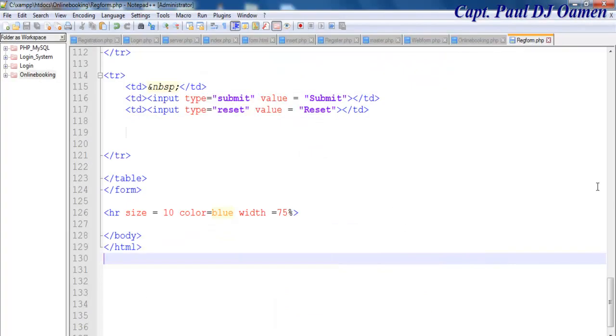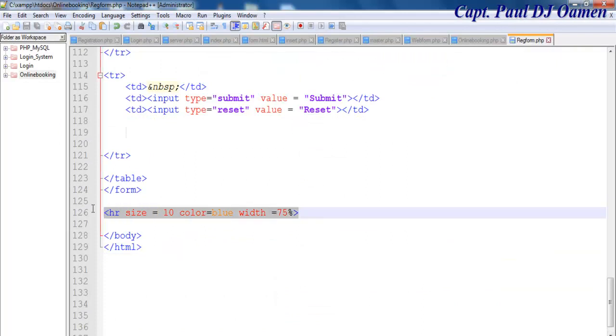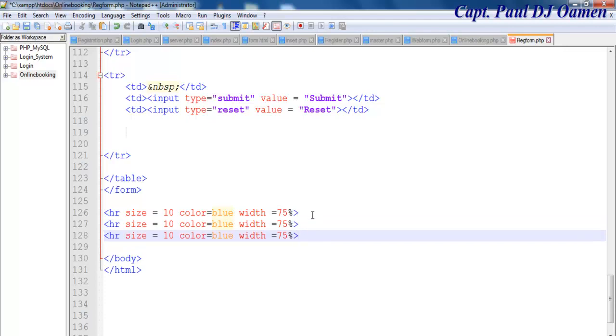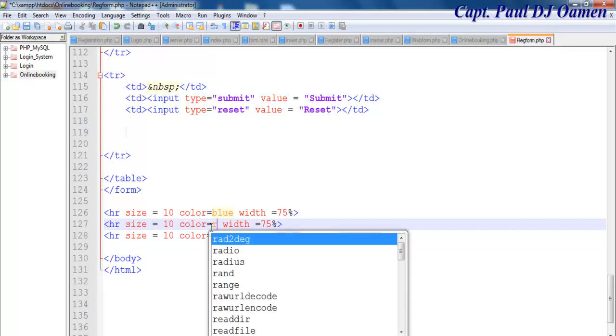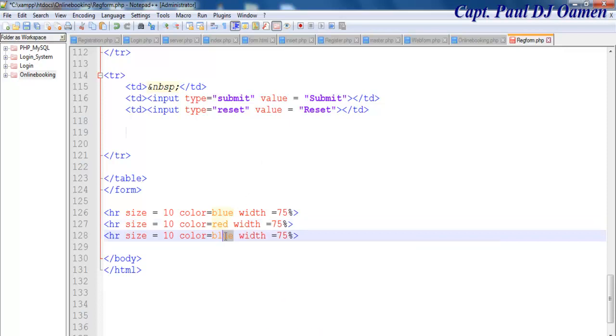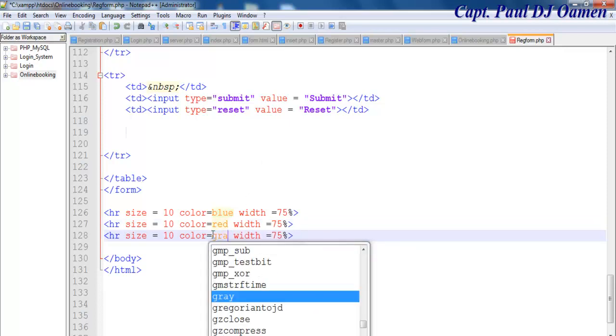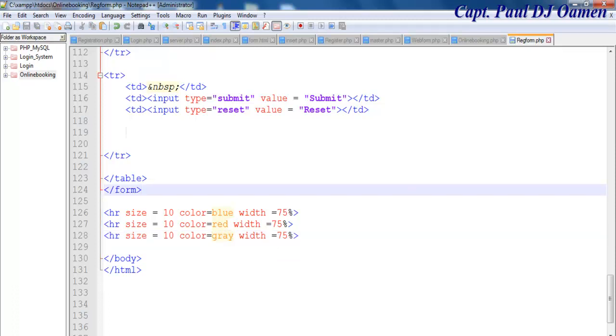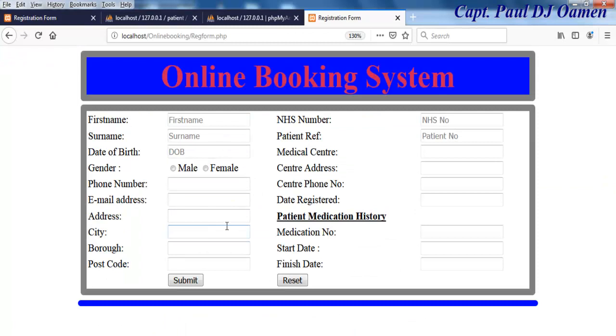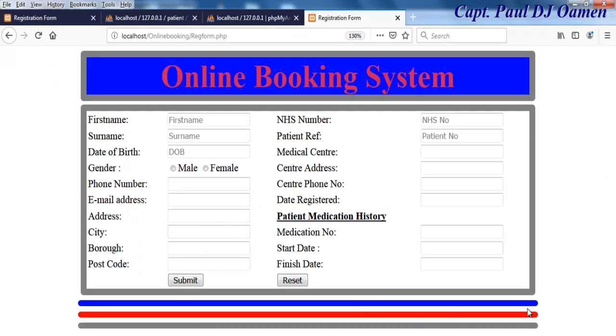So let's add two more. Just going to copy this now, copy, paste, and change this color to red, and the last one here will be gray. There, save, and come right here, F5. There we go. Now that is all done, we are now ready to start with the development of the